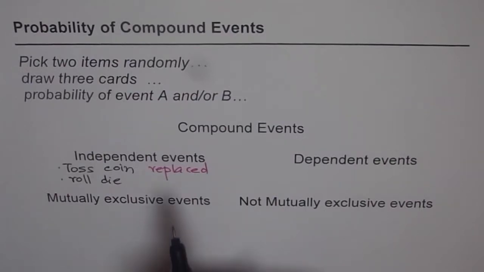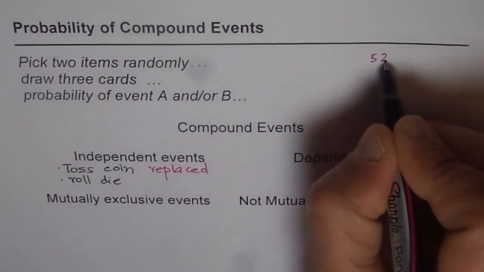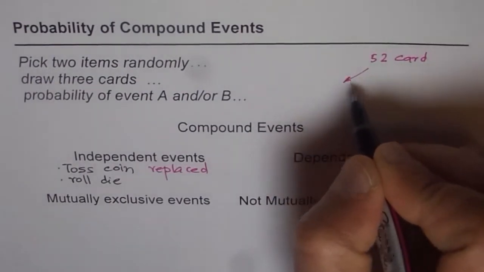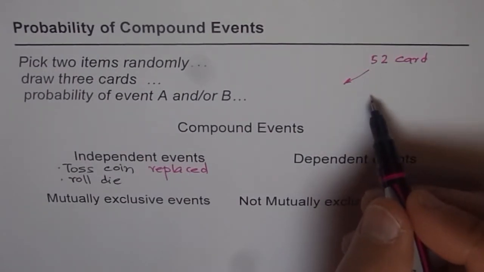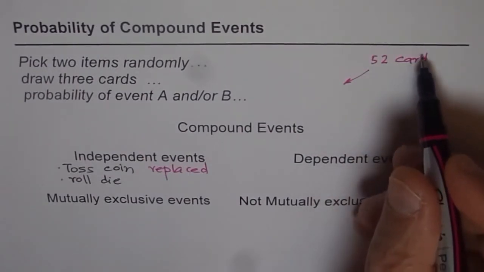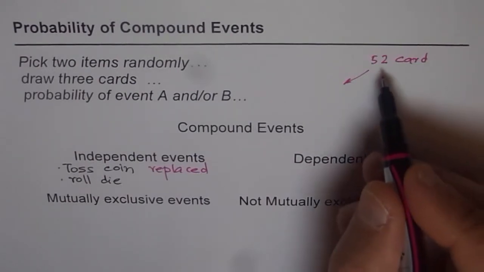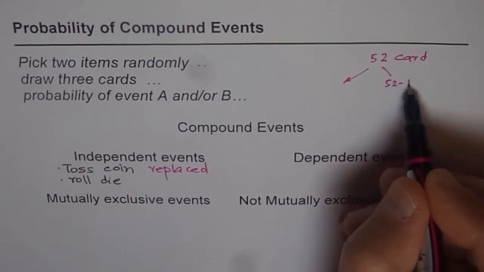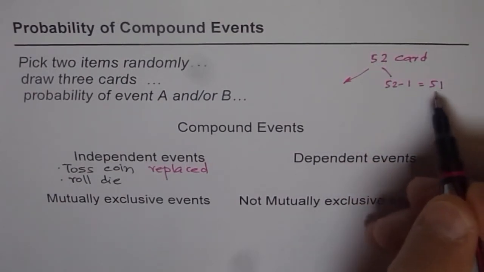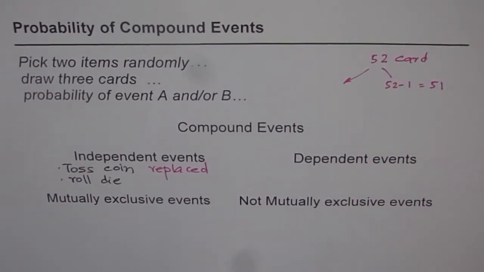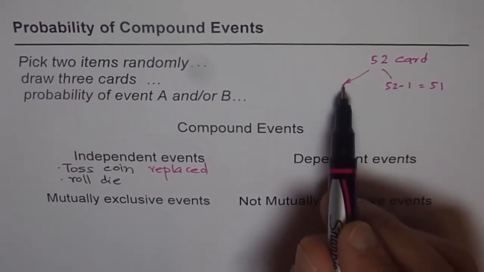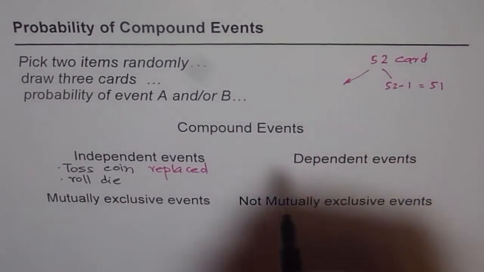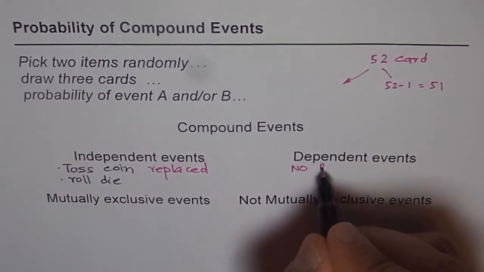Let us say you have a deck of 52 cards, and you draw one card out. So 51 remain. Now if you draw a second card without replacing, then the total number of outcomes has been reduced from 52 to 52 minus 1, that is 51. And of course, the probability of the event is going to change since the total number of outcomes has changed. Do you see that? So if you're not replacing, it is dependent on what you got in the first place. No replacement means